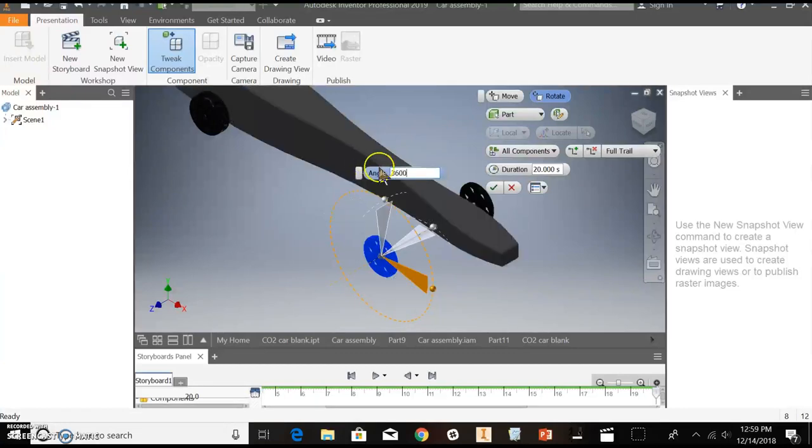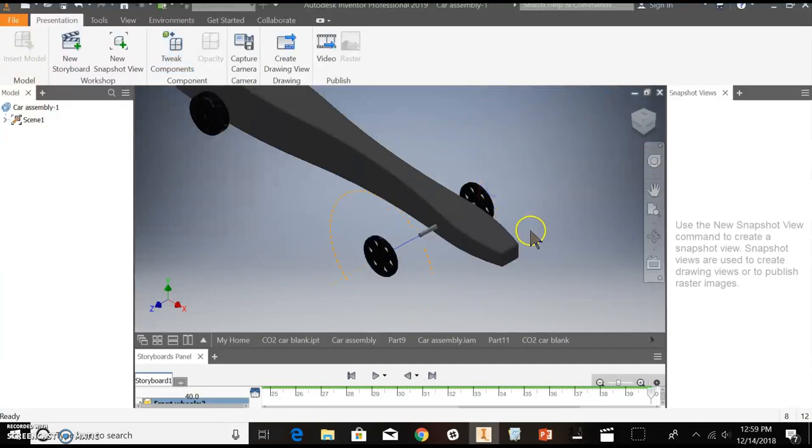I'll type in 3,600, and it's going to spin that wheel 10 times. I hit the check mark, and when I play this, you'll see very slowly that this wheel's coming apart, and then after it comes apart, it's going to spin. There it is. Okay, now